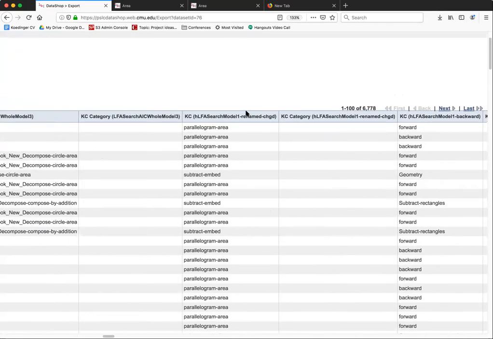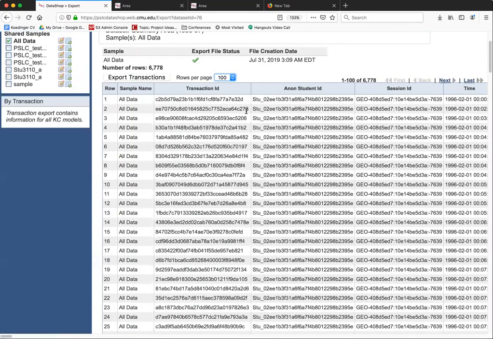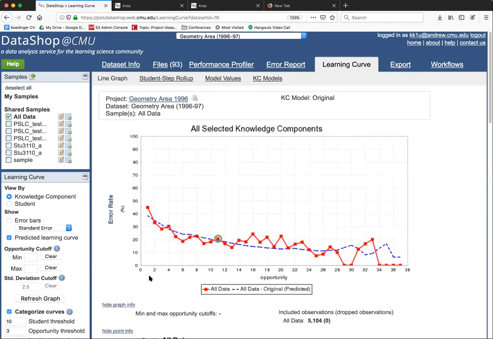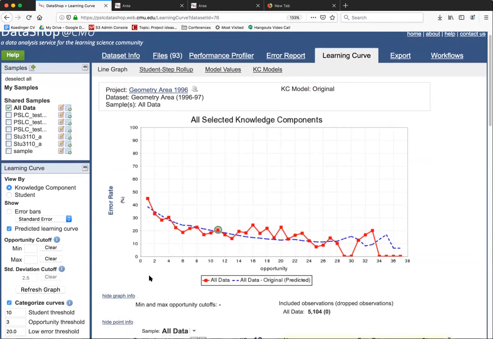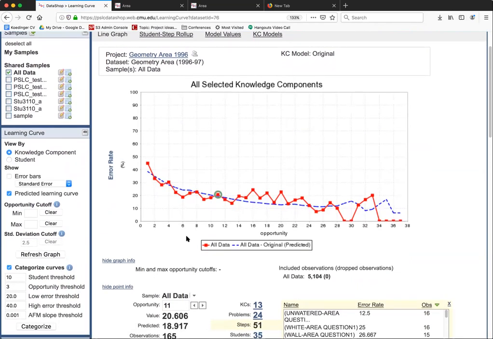You can see this one we've got labeled with lots of different knowledge component models. Yeah, but DataShop will generate the x-axis in the learning curve, which is the opportunities that the student's seen. And that can be generated from those four columns I indicated, or that can be part of the import. And so the opportunities, if it were part of the import, is that something that you indicate, like this was opportunity 1,